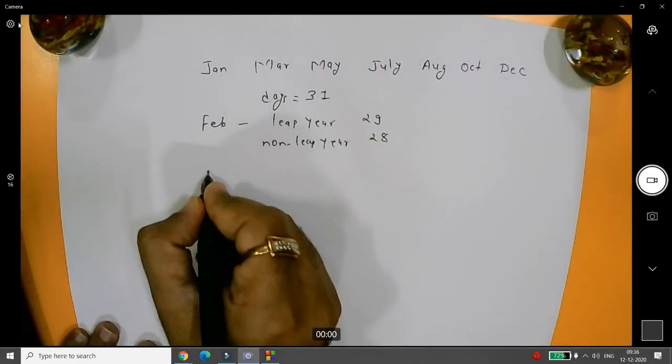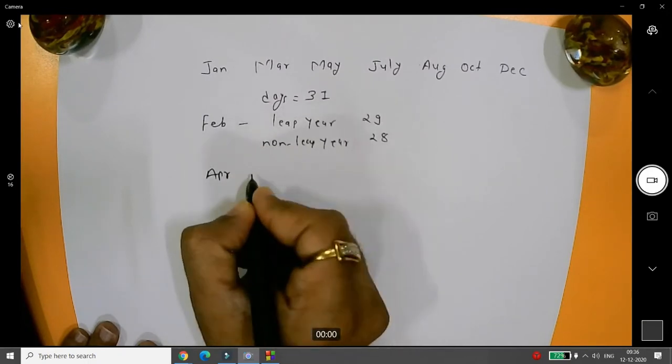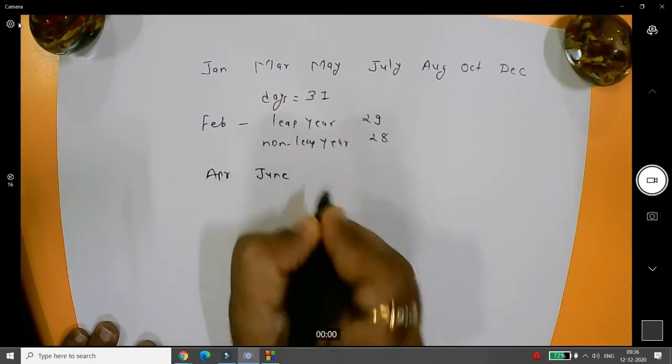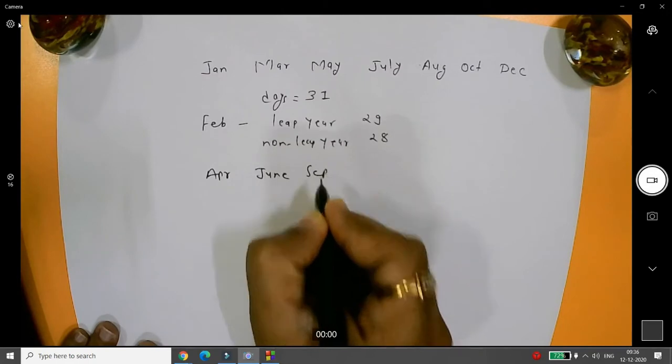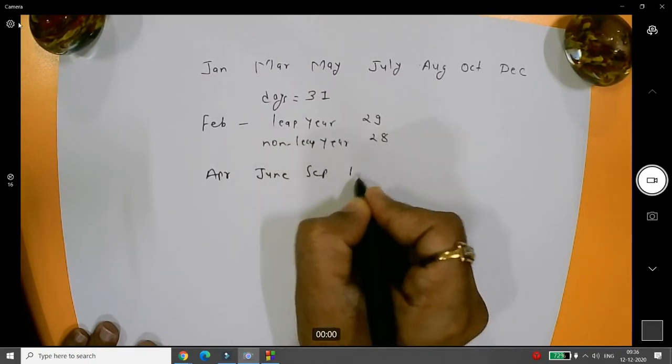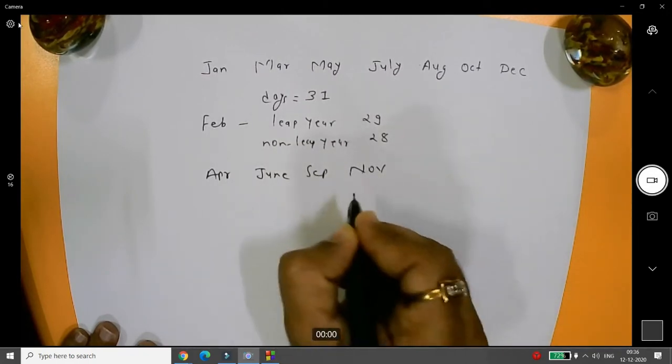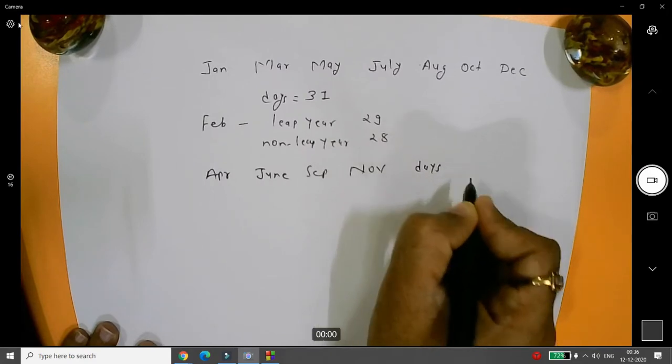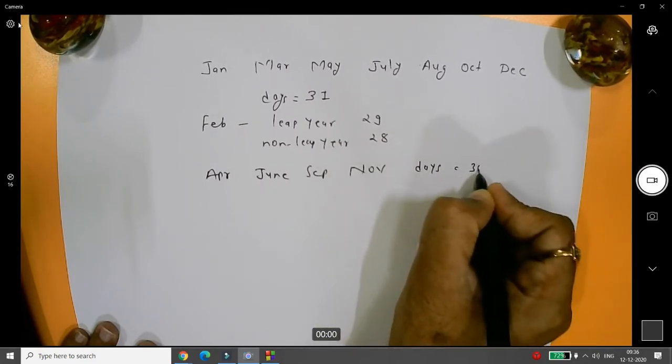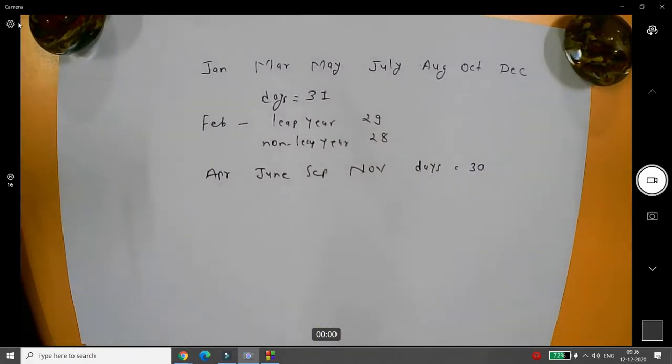Suppose if it is April, June, September, or November, then the days are 30. So students, you first need to understand how we can resolve this.